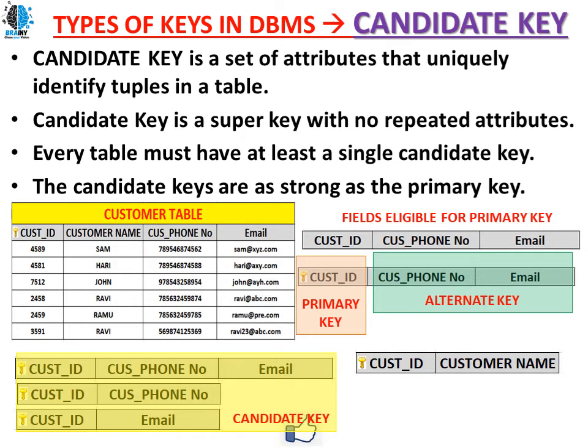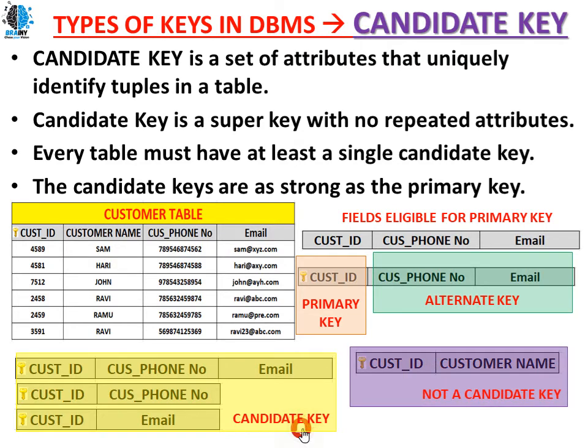customer table. So let's see this customer ID and customer name. Customer name is there in alternate key? No. So this is not a candidate key. Candidate key means it should come from alternate key. Along with primary, you should have an alternate key. Then only it is a candidate key. If you are selecting any other column other than alternate key with primary key, it's not a candidate key. So customer ID and customer name cannot be a candidate key. So this is all about our candidate key.